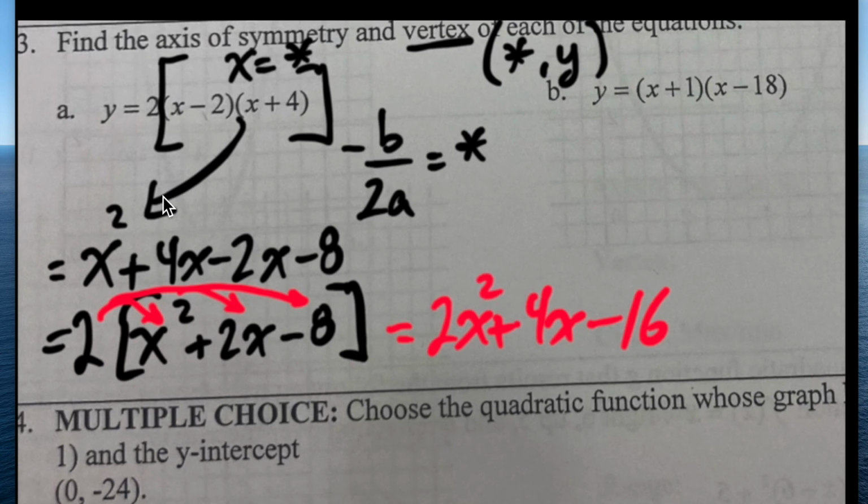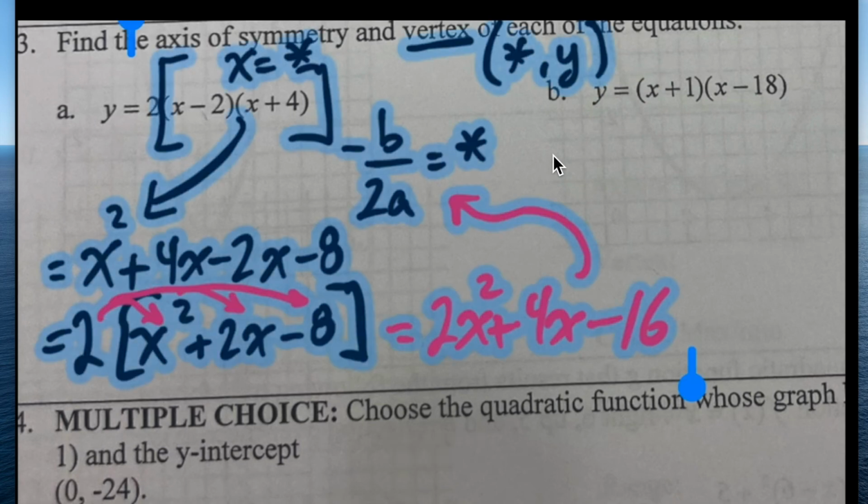Now, folks, we have our a and our b, and we could plug into there and do this problem just like we did the other two. All right. Now let's move on to this one here, and I want to show you how to do that a little bit differently, only because,